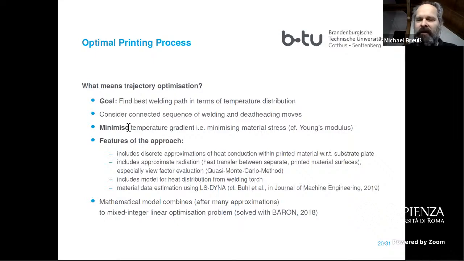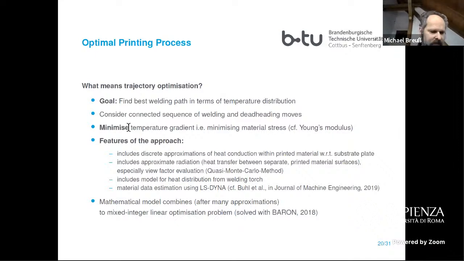So we in fact discussed over time several objectives. At first, the first objective some time ago was to minimize the highest temperature that appeared. But what really makes sense seems to be to minimize the temperature gradient. So let's have a look at the features of the approach that is already implemented and tested by us, and which appears to work well also. I will show you some results. What do you need to do?